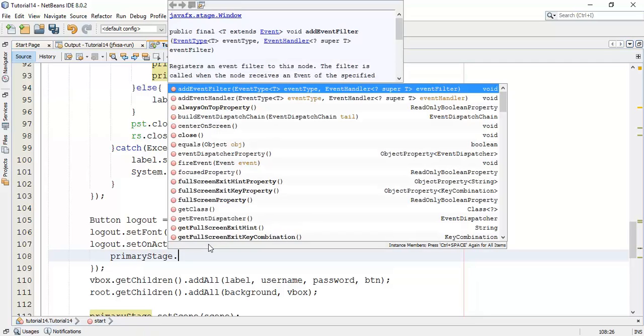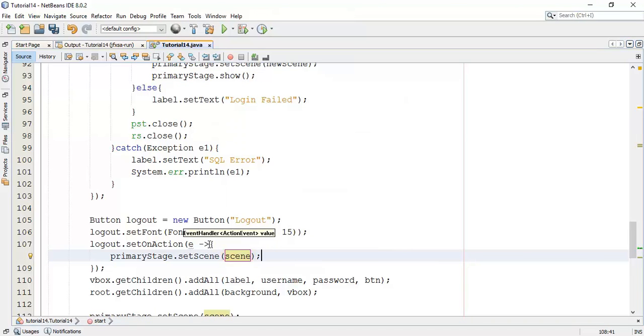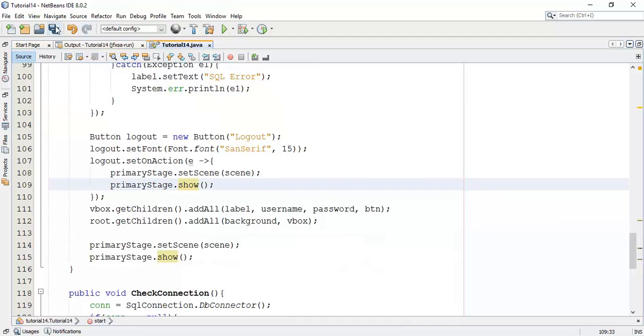So primaryStage set scene, and say the original scene, and then show it. So primaryStage dot show. And save this. So we have created a button.